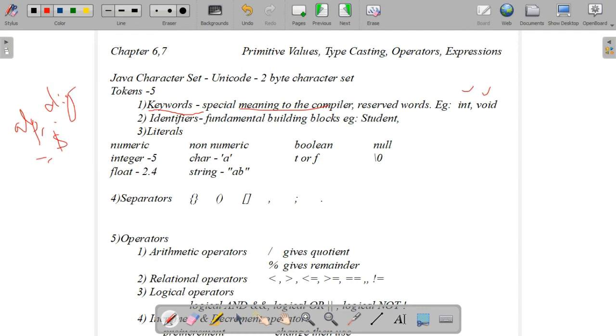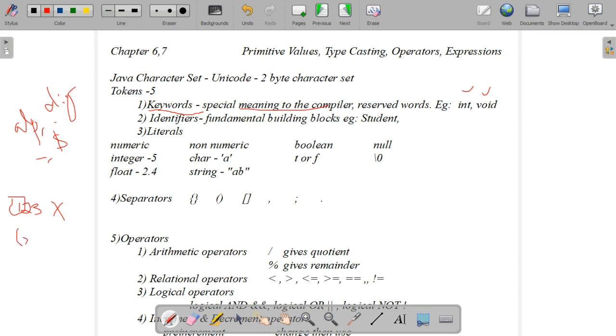These are allowed. It must not be a keyword, or a boolean literal like true or false, or the null literal. And it must not begin with a digit. If we write a variable name 123, is it a valid one or not? Invalid, because it starts with a digit. And it can be of any length.